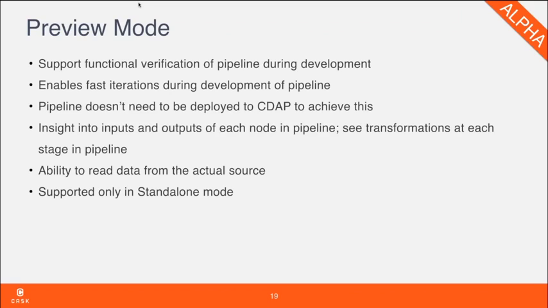There have been many requests from our customers essentially to support that. One of the major things that we have seen with Hydrator is as you build the pipelines, you can validate, but it validates only to a certain degree. You deploy the pipeline, and then you find there is an issue with it. This basically affects the overall productivity of the developer who is building the pipeline, and it slows down the iteration,